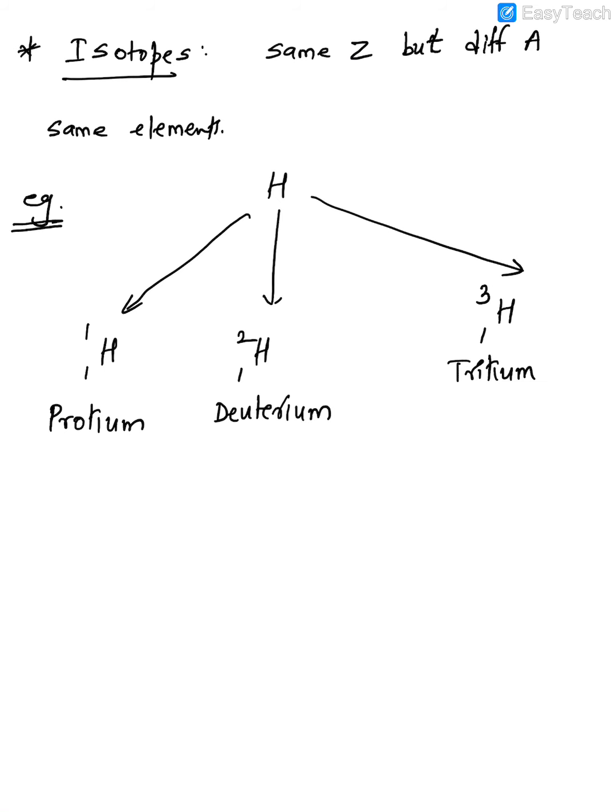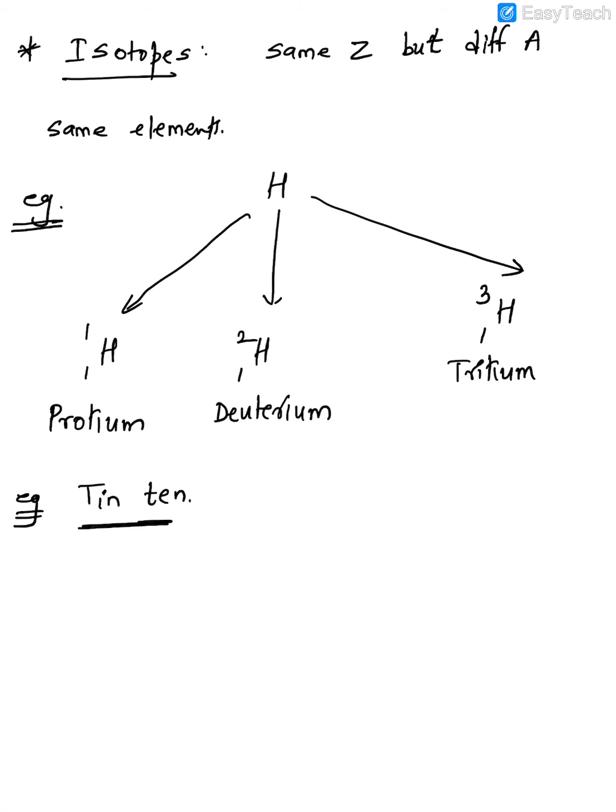Okay, then in the same way carbon has 3 isotopes: C12, C13, and C14. Then there is chlorine also. And just remember, another example is tin 10. Some of you might have read the Tintin comic. So remember tin 10. This Tintin may help you in remembering that tin has 10 isotopes.